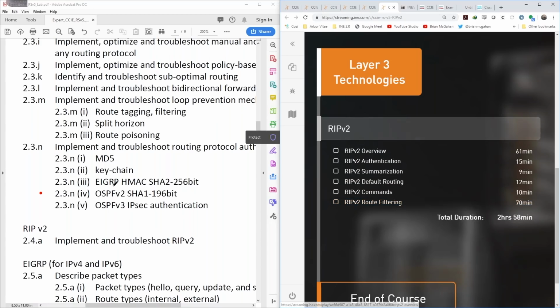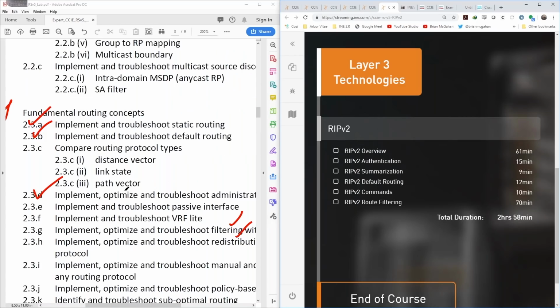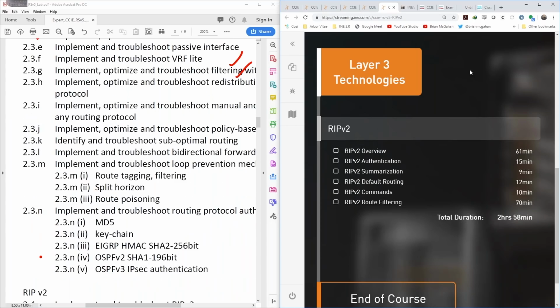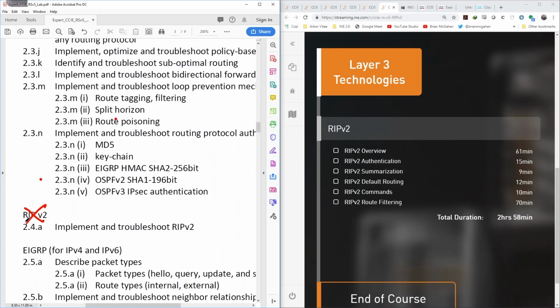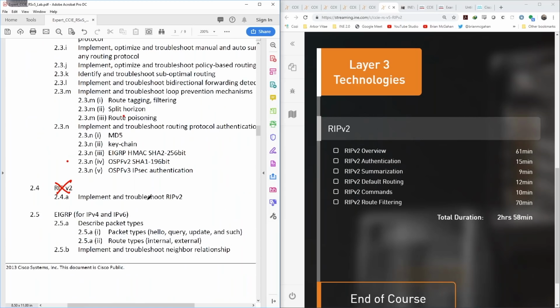So as I mentioned here, like the authentication, this may not be listed in that one section we were looking at before under fundamental routing concepts. Instead, it's going to be under the individual protocols. Okay, so RIP version 2, implement and troubleshoot RIP version 2. We got that one. Okay, next we have EIGRP. We want to describe the packet types, implement and troubleshoot neighbor